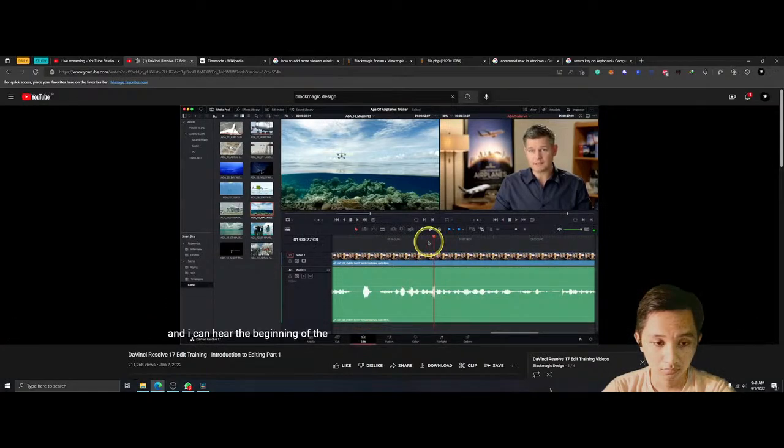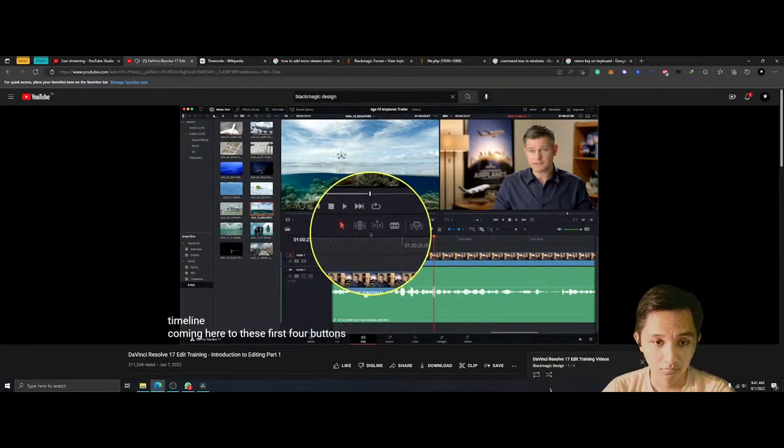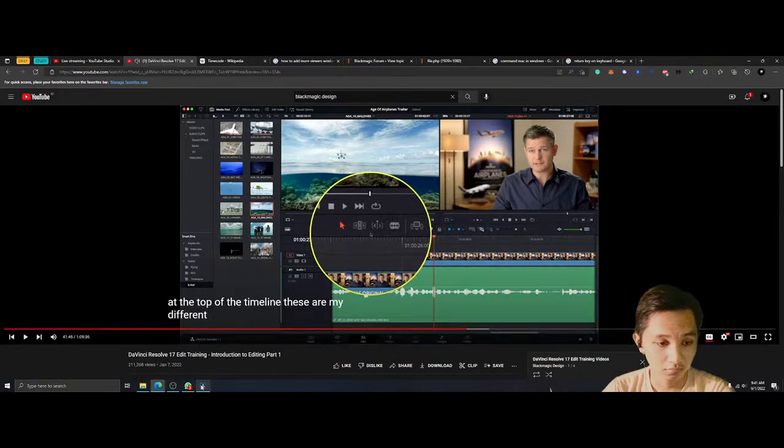And I can hear the beginning of the word stay. Making sure that my playhead is on that point, you can see from the waveform in the timeline that I look as though I'm at the correct location. And now what I want to do is cut this section out. So I'm actually going to use the blade edit mode for the timeline. Coming here to these first 4 buttons at the top of the timeline, these are my